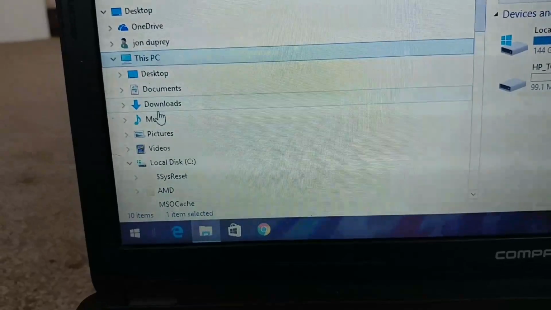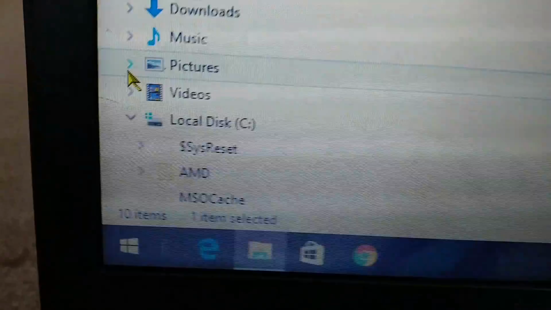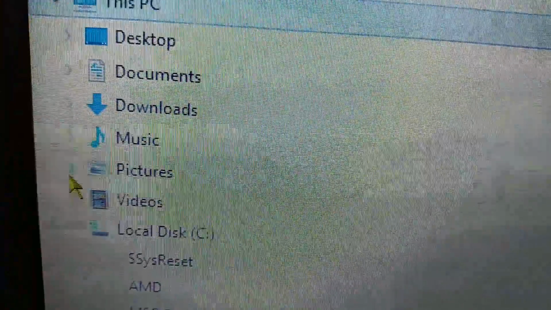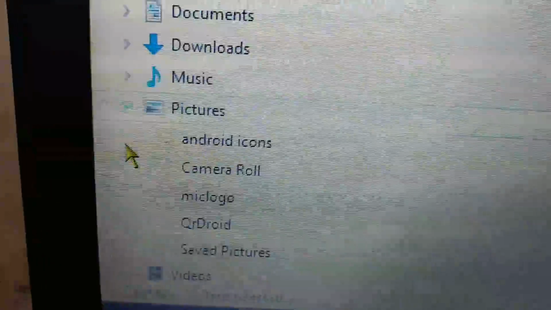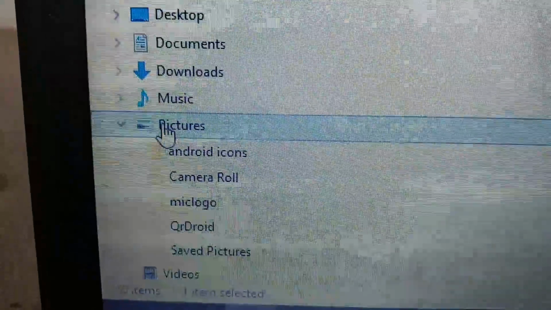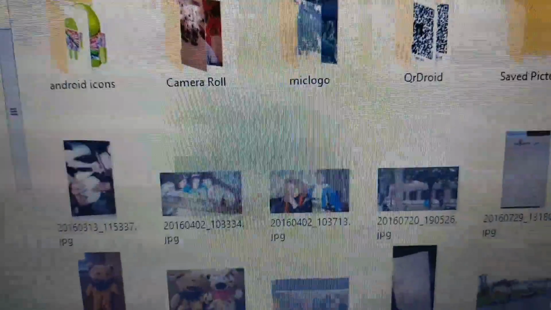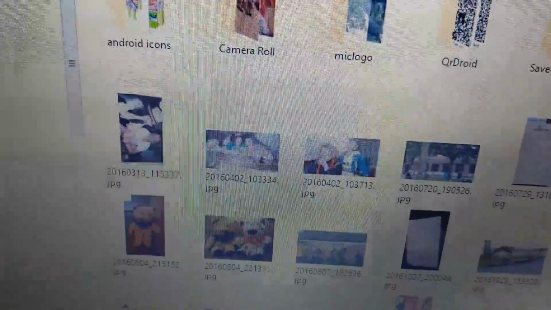So let's go back into the pictures. We're going to click on the arrow button right there by pictures. And look, all my subfolders are there. Now let's go ahead and just click on pictures. Now I'm in that folder over here. Now I can take a picture